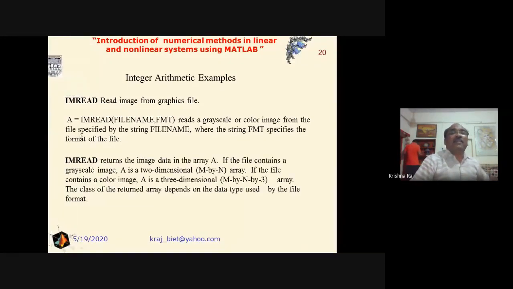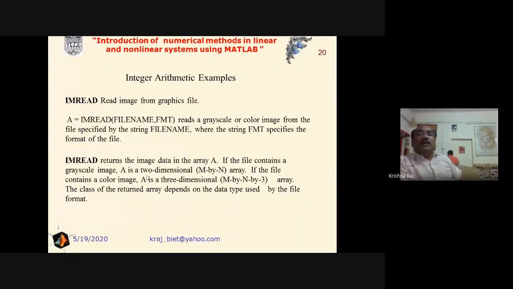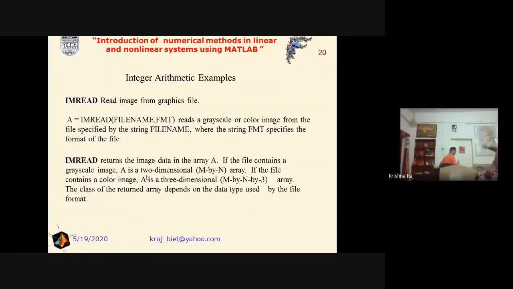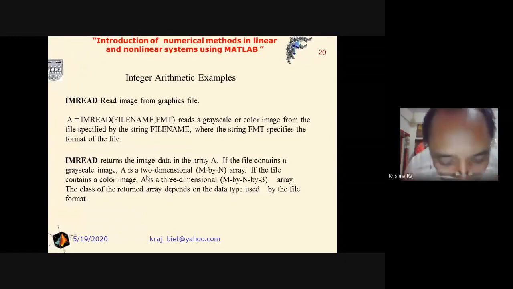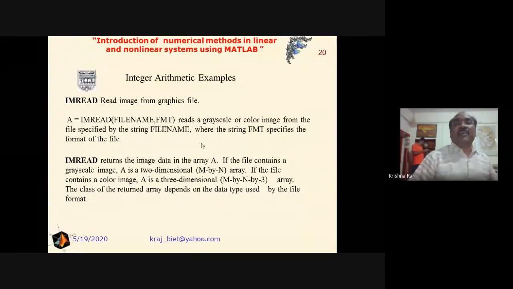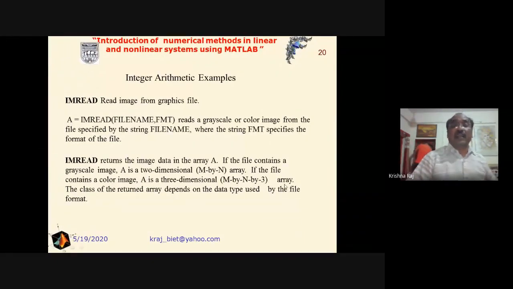This is the description of the same which we have discussed here, and it will convert the image into an M by N matrix if it is black and white. And when we are interested in a colored image, then for the color we have to use three colors, that is RGB, red, green and blue. For those colors, three matrices are required here. So M cross N by 3 will be the array here.